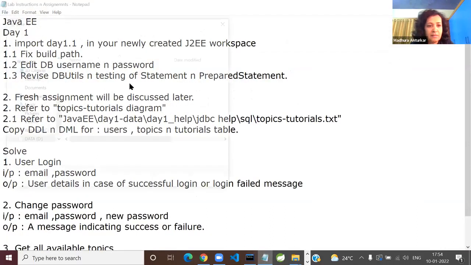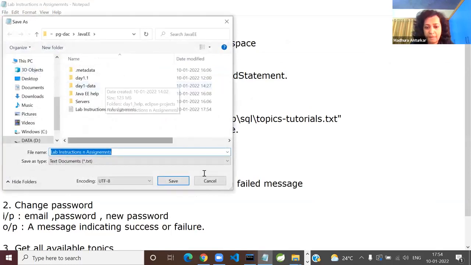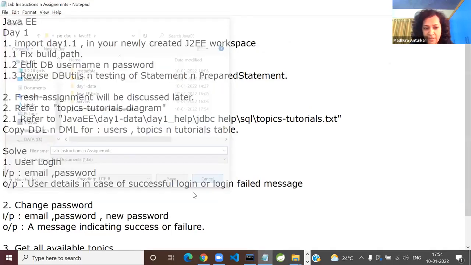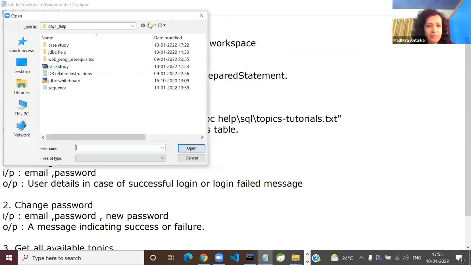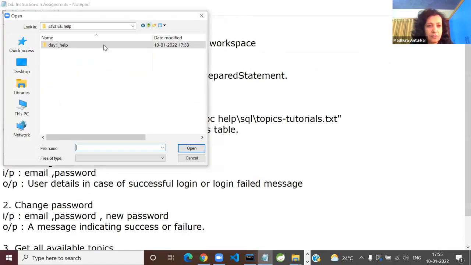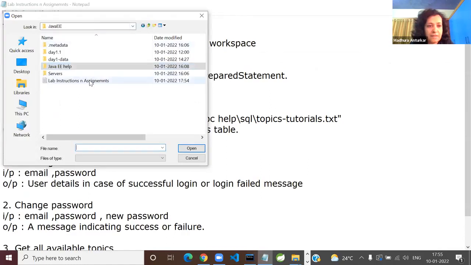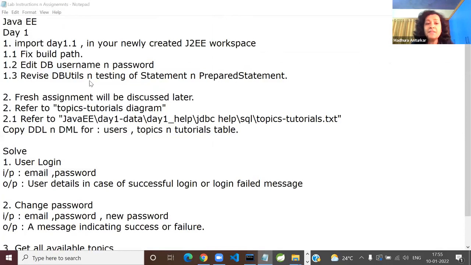Is in this file. Okay, so download that case study zip. That's why I was asking you which case studies you have done earlier. And here, also you download this. Okay, I've sent you the updated lab instructions. You tell me whenever you have done it. Both the things, case study.zip and lab instructions and assignments text.